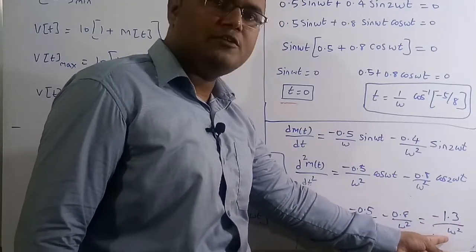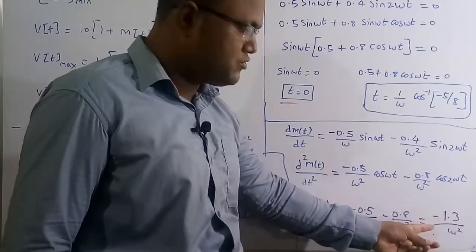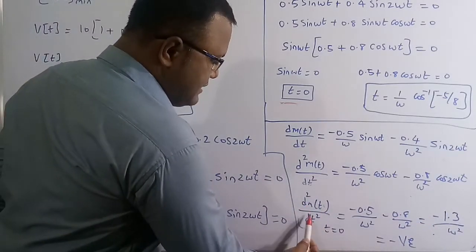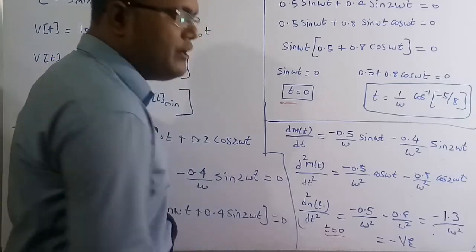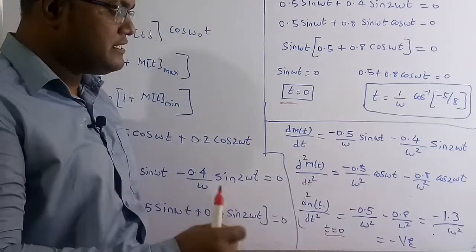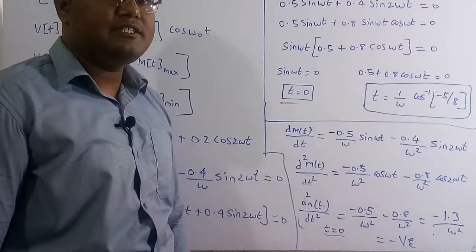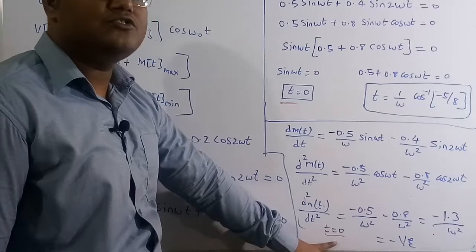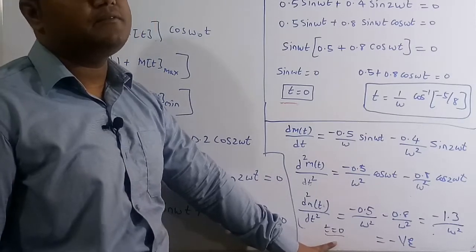So omega square is always positive and 1 by 3 is always positive. So there is a negative sign. Therefore, finally, d square m of t by dt square at t is equal to 0, we are going to get a negative value. Whenever the second differentiation is negative at a particular time instant, then we are going to get a maximum value. So therefore at t is equal to 0, we are going to get m of t as a maximum